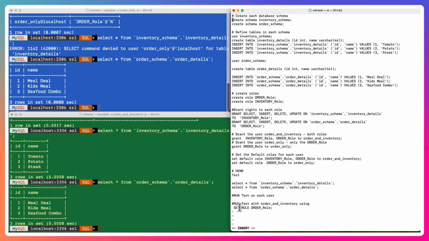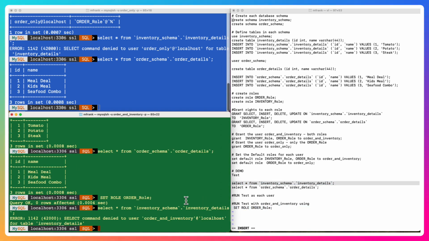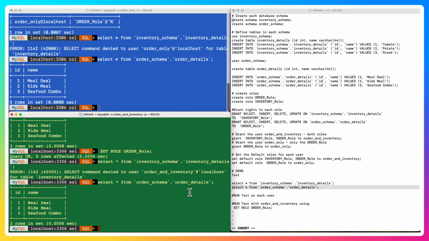And so what we can do is inside our application, when this inventory and order user is running the order application, we can just say, look, you've just got the order role now, right? You don't have the inventory role. And so now if I try to access inventory, it's going to be denied. But of course, I can still access the order role. And so this is a quick demo. This is a great way to either escalate or de-escalate the permissions of a user by defining roles and